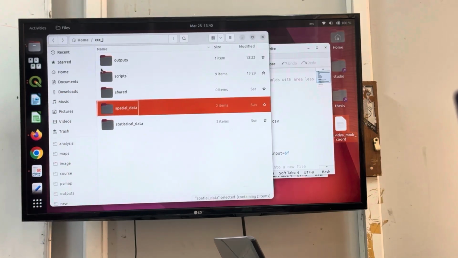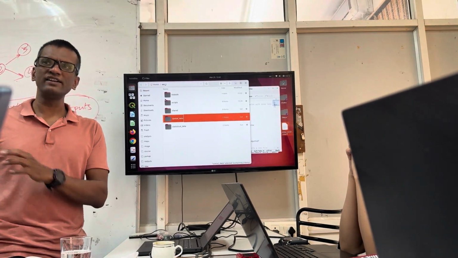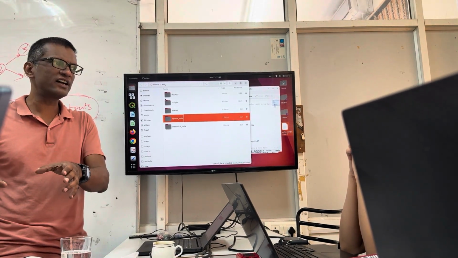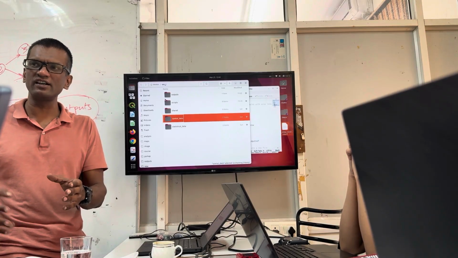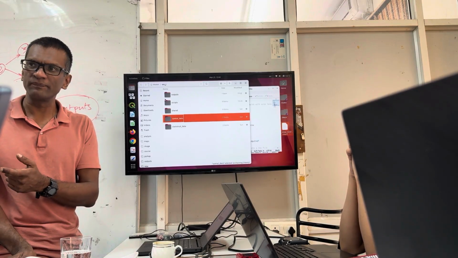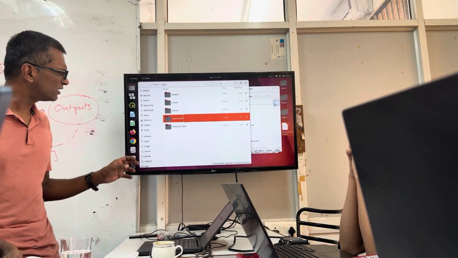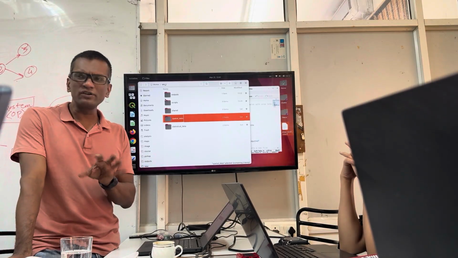Then the next task is to race. So I will remove that engine. I will put a race car engine, change the body to race car, and then I will go for race. So your algorithm is that system,